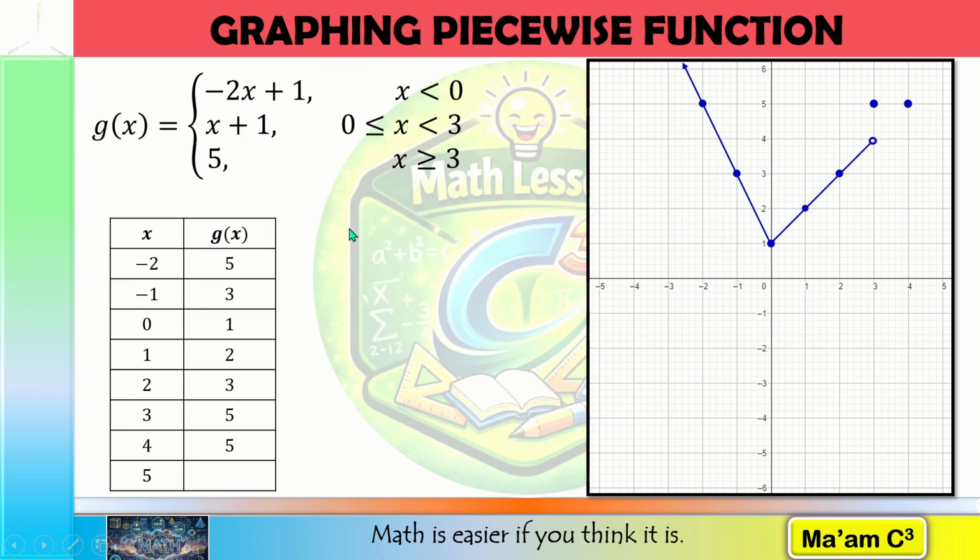Next x is 5, that is still greater than 3. So if x is 5, our y is still 5. 5 for x and 5 for y. It says here greater than, so I can continue substituting values of x here. So it means this will go indefinitely to the right. Here is the graph of g of x is equal to 5 if x is greater than or equal to 3. Now let us do this in GeoGebra.